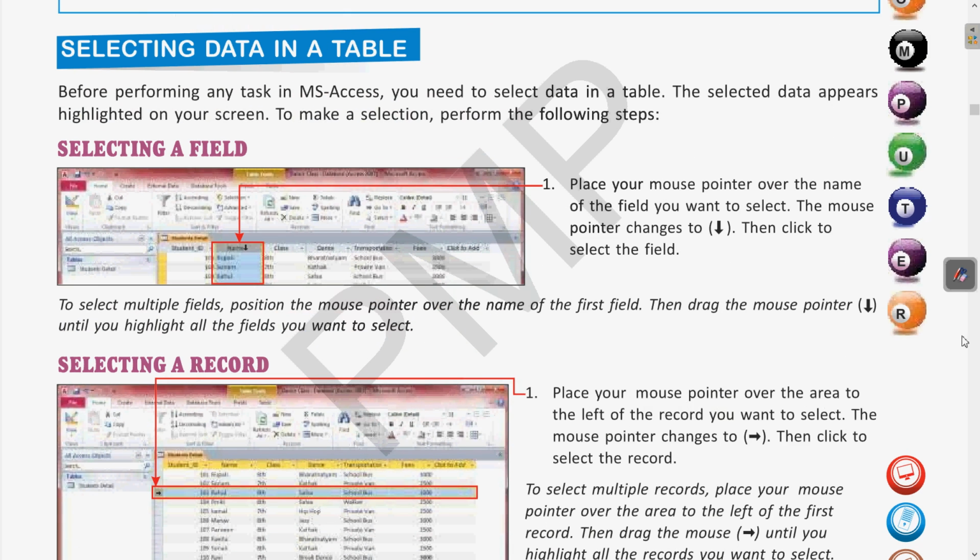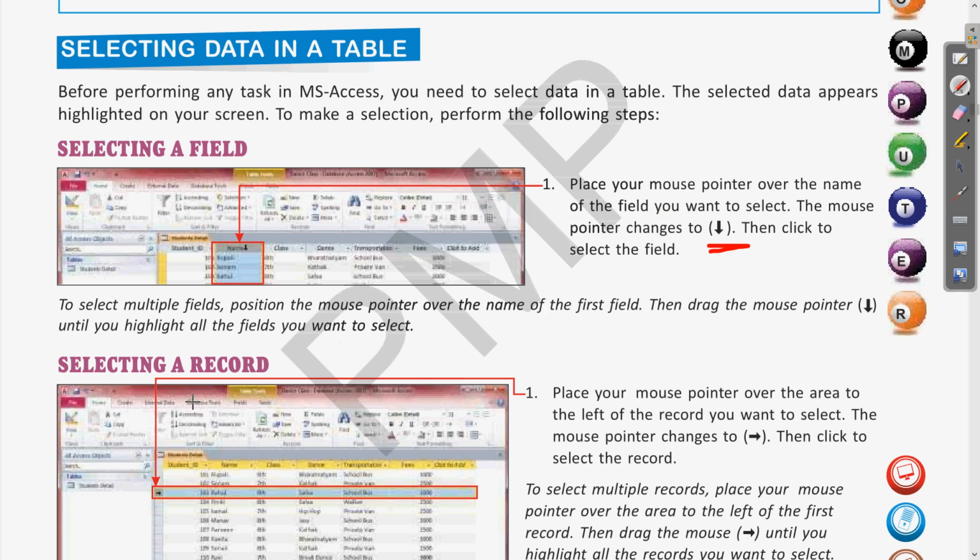We have seen how to select the different things in the table of Microsoft Access. How to select a field: a field is actually a column. If you click on the column header, the cursor becomes a downward arrow, and when we click on that, the whole field is selected.